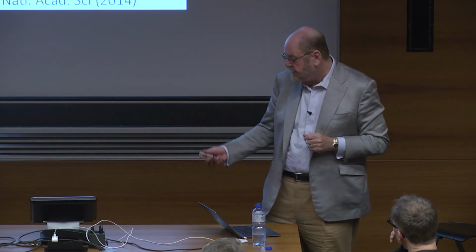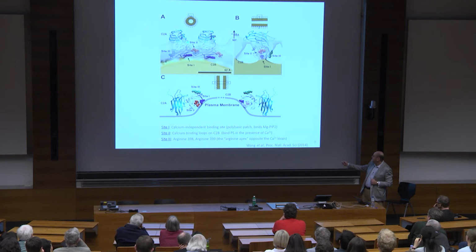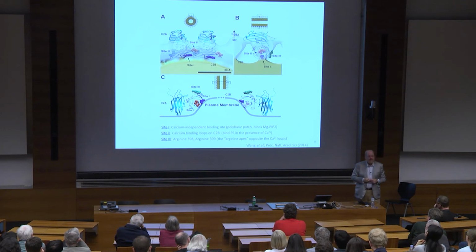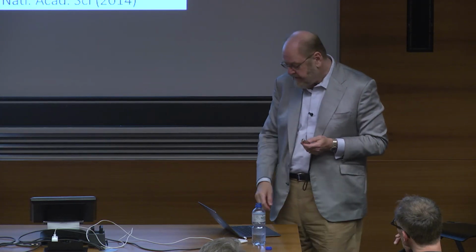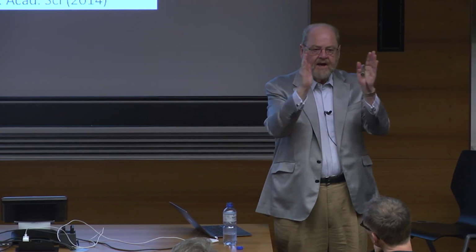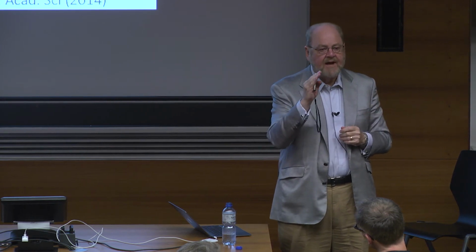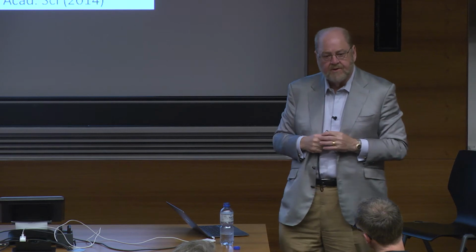But we can perhaps do a little bit better because we can look at the interface here and ask what residues are in and around the interface in this suggested structure. And this was done by another postdoctoral fellow, Oscar Bello, in collaboration with Jing-Wang. What Oscar did was systematically change each and every one of the residues that was anywhere in the vicinity of what was proposed to be the contact region between the two B domains, on the one side of the B and on the other side of the B. And we thought if our hypothesis was correct, if our structure was right, sooner or later we should hit some residues that are required for that protein-protein contact.